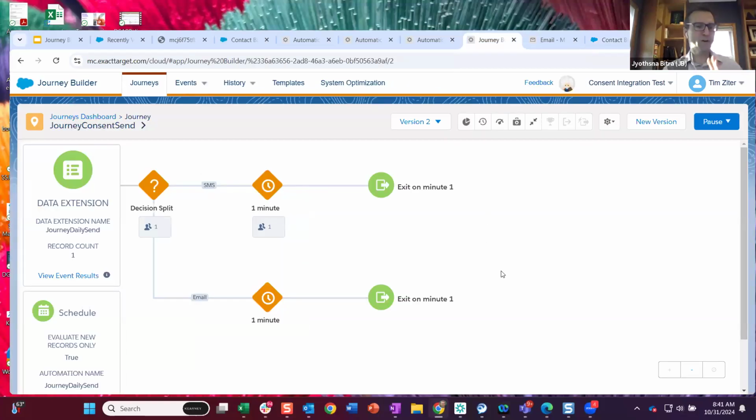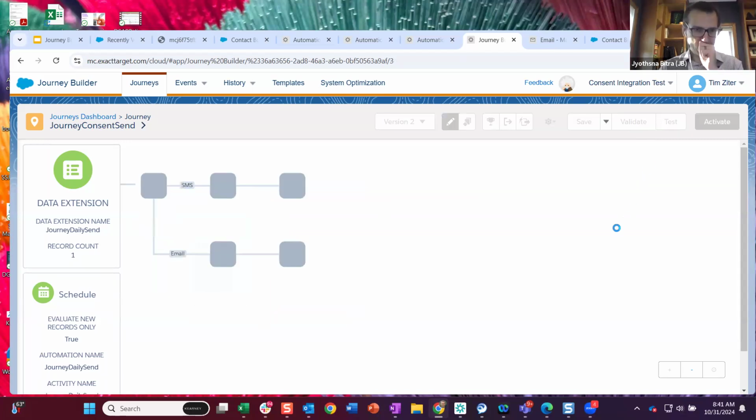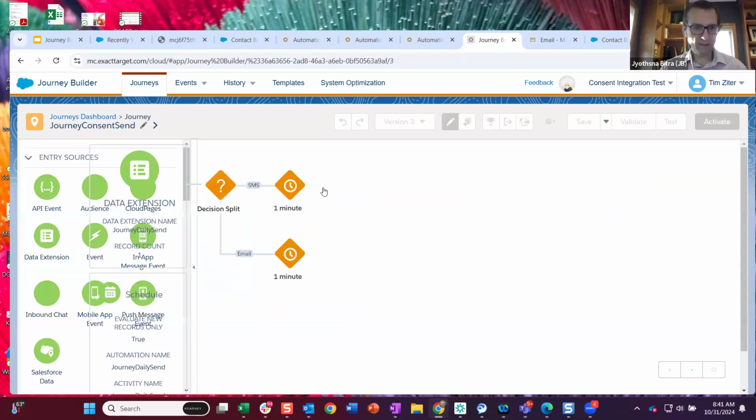So just to give you an idea, we did a very basic journey just to show how this would work. All we wanted to do in this journey was to use a decision split to bring in that logic to determine which channel we could send that record down. And so we created this decision split to utilize that custom attribute to only send them down to send that SMS message if they've opted in, in that data extension, in that custom attribute. Let me just show you really quickly the configuration on this decision split,